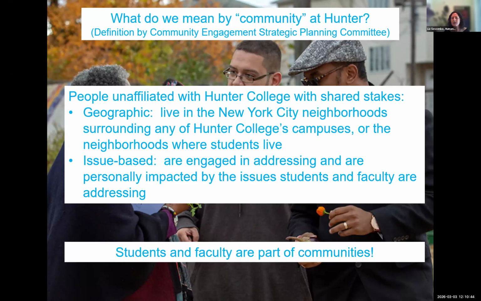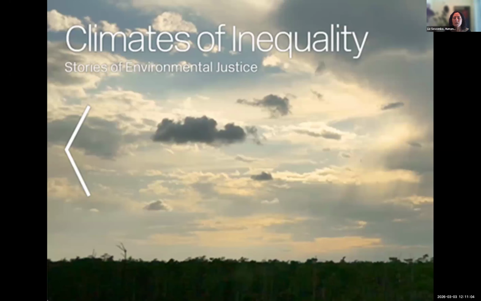And the important thing is that while there is a difference if you are affiliated with Hunter College or not, of course, these are porous boundaries, and students and faculty are all part of these communities, even as they are affiliated with Hunter College. So that's just sort of to set the stage. I'll explain how one community engaged, examples of community engaged teaching through one of our projects to give a little